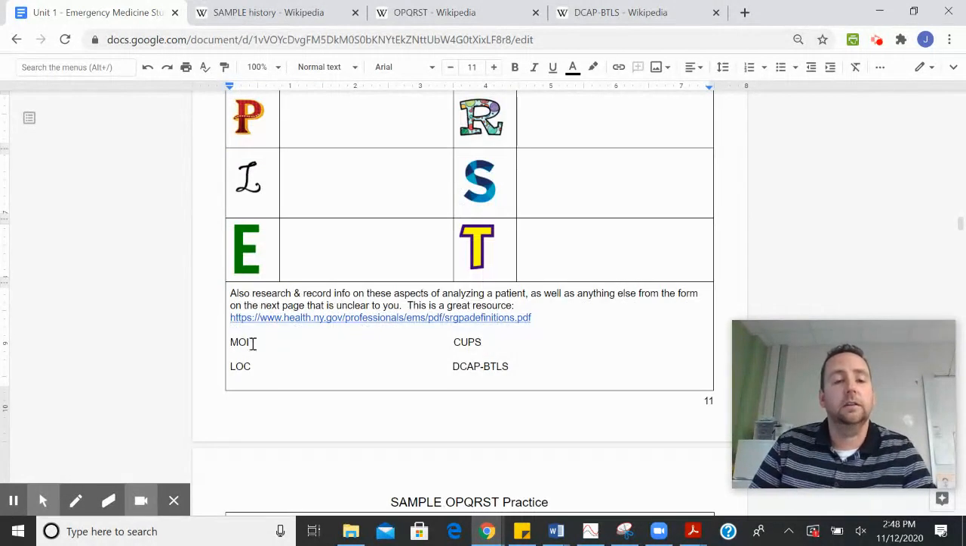Then down below, it talks about these other abbreviations. So MOI is mechanism of injury. That one's pretty simple to look for. You can look that up on your own and understand what that stands for. CUPS relates to the status of the patient. So think critical or unstable, potentially unstable, or stable. Okay, and then you have